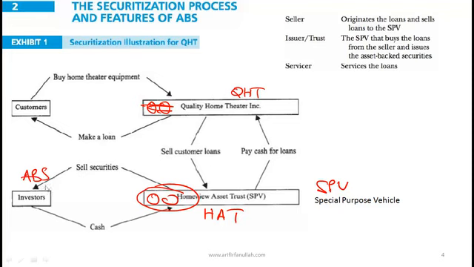And obviously when the investors invest in these securities, they are paying cash to HAT. Okay, so now HAT has a ton of cash, and all this cash that is being collected is the money that is being used to issue new loans to customers. Now, as a side remark, why do companies do something like this?